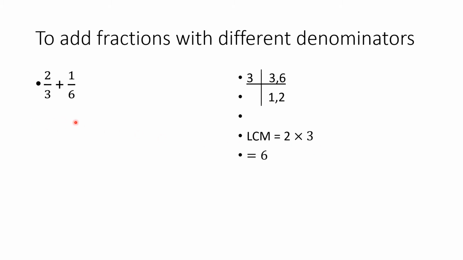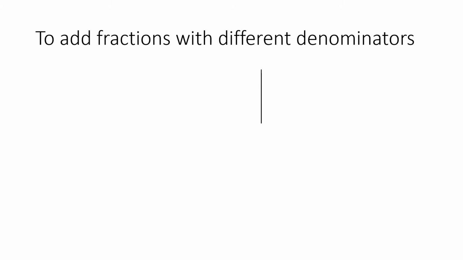Now what will we do? We will write the LCM as the denominator here, 6. Now 3 we will divide into 6 by 3. 3 twos are 6. So we will write 2 here. Multiply this numerator, plus 6 ones are 6. We will write 1 here. Multiply this numerator here. Now 2 twos are 4 plus 1 ones are 1. So here 4 plus 1 by 6. Now 4 plus 1 equals 5. 5 by 6 is our sum. Now take one more example.